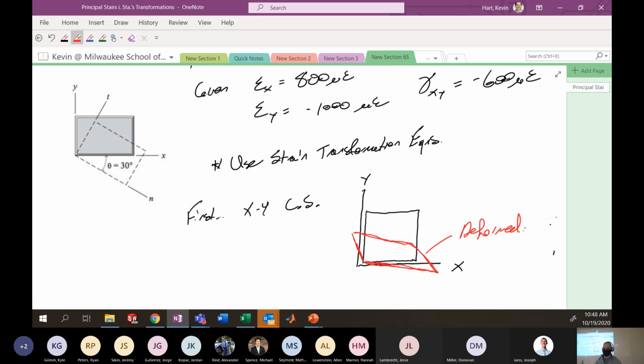And I really exaggerated the compression in Y, but hopefully we get the idea. So here's my shear angle, which is this negative angle. So that's kind of good to see. We've got the squat compression in Y, which is negative 1000 microstrain. And then I tried to draw elongation in X here. Maybe I could have done a little bit better job elongating this a little bit more, but hopefully we saw that it did elongate in that X direction.